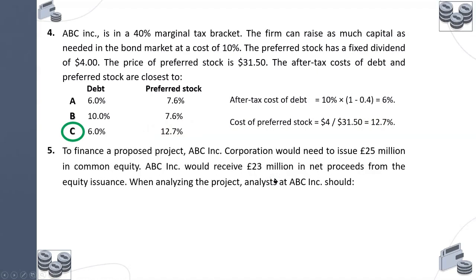Question number 5. To finance a proposed project, ABC Incorporated would need to issue 25 million sterling pounds in common equity. So the company has a new project, and in order to finance that project, the company opted for the equity method of financing, and they have to issue new shares and collect 25 million sterling, and that will be the new equity. However, ABC would receive 23 million pounds only, because the difference will be the flotation cost, that is the cost of